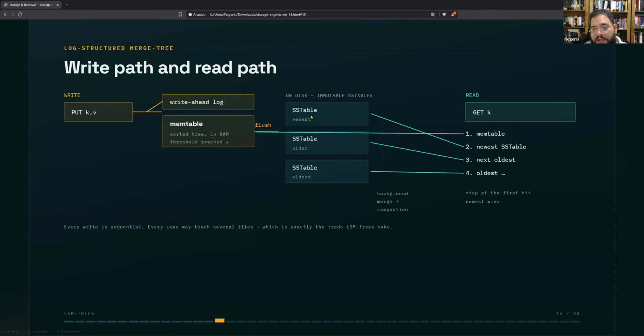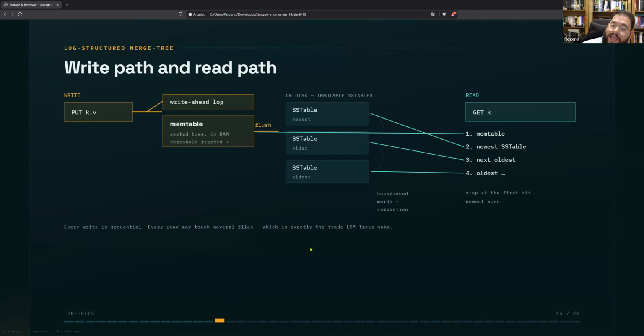And remember, the SSTables have a fixed maximum size of blocks. And when you want to read, for example, the value of k, you will first read the memtable. If it's not there, the newest SSTable. If it's not there, the next oldest, and so on. That's the whole idea about LSM-Trees.